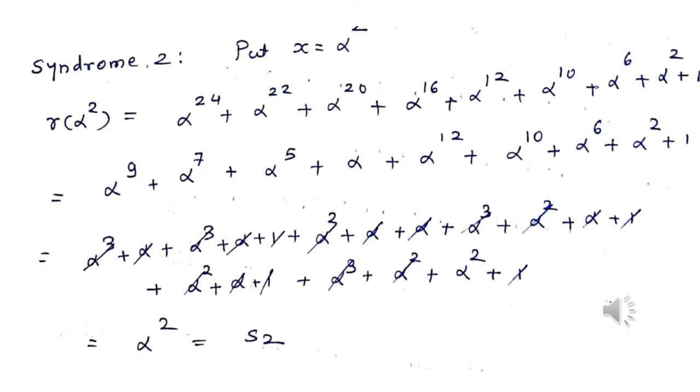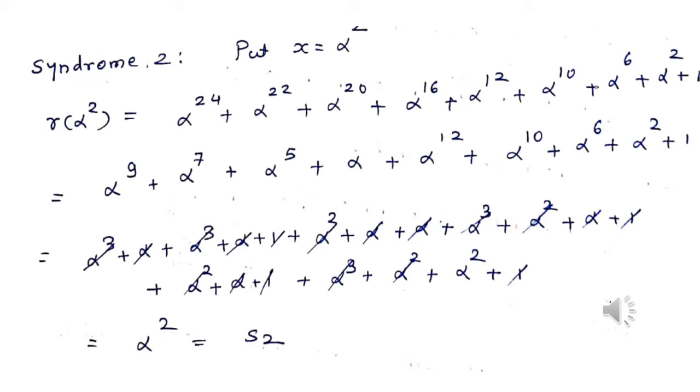Now we calculate the second syndrome. In that case, you need to replace x by alpha square. So when I replace x by alpha square, we get r of alpha square as alpha raised to 24 plus alpha 22 plus alpha 20, alpha 16 and so on. Now alpha raised to 24 is alpha 9, because again if you refer the table of primitive elements,